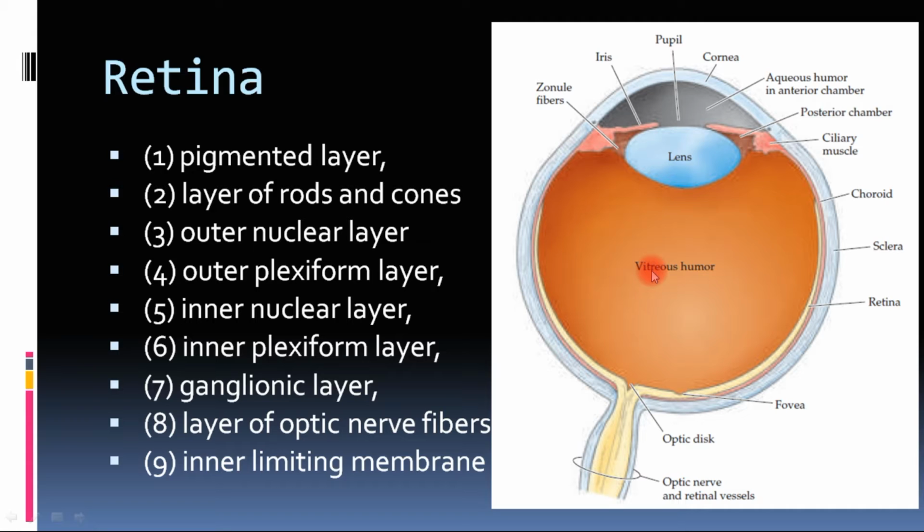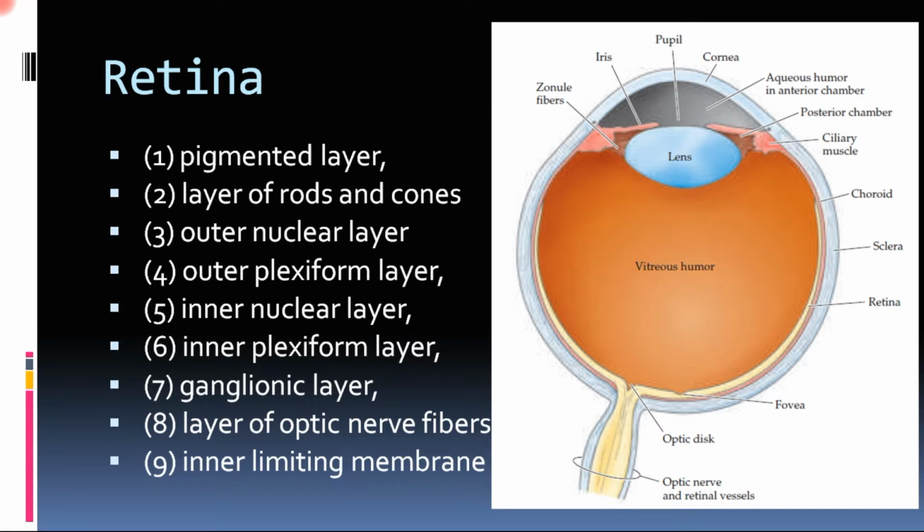First, we will look at the layers of the retina, and then we'll understand what rods and cones are, and then we will deal with the photochemistry of vision. How does light activate the rods and cones, and how does it initiate the conversion of light into electrical activity, which will then be conveyed through the optic nerve to the brain? Okay, so let us start with the retina.